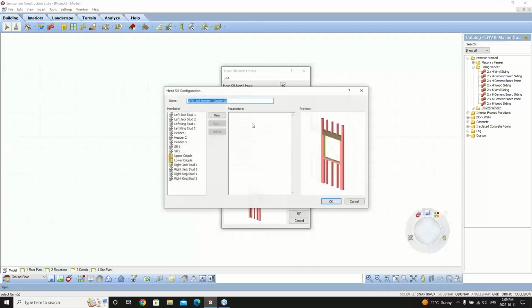If I double click on that, I'm just going to right click over here and change this into a rendered outline view. It'll just give us a better idea of what we're looking at. So essentially all this is a group of members that we configure to make up an opening